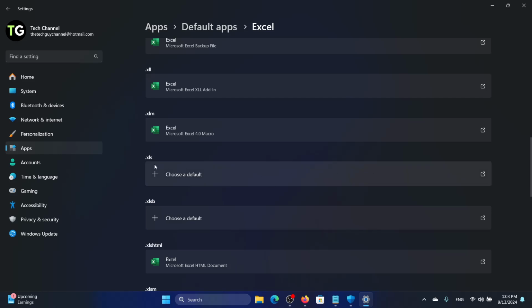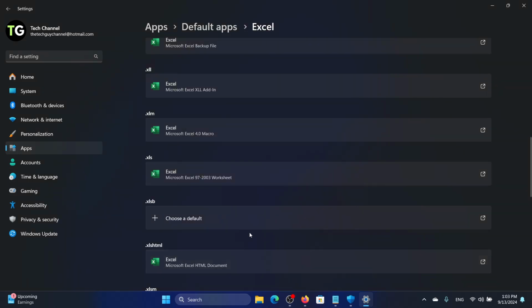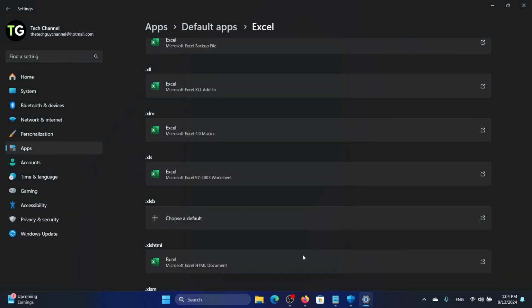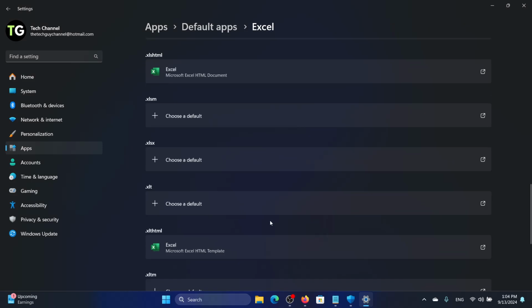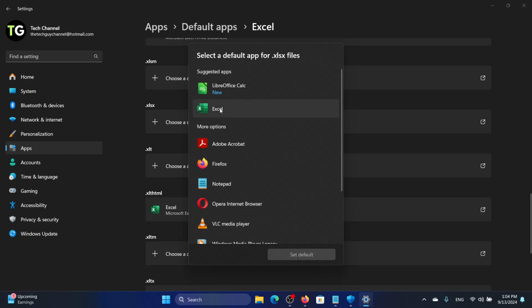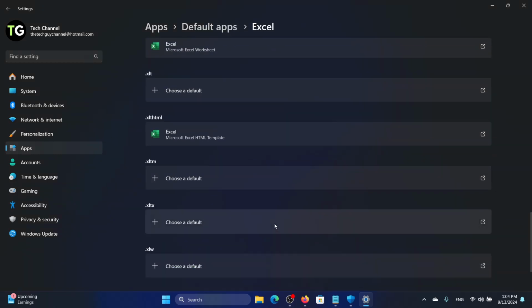Like for example, .xls file is not set. There's no default set. So just click on it and click on Excel. Click on set default. Then .xlsb. Click on it. Click on Excel. Click on set as default. Then even .xlx file. This one. This is the common file type .xlsx. Click on it and click on set as default, and then